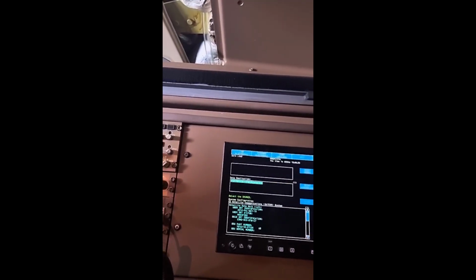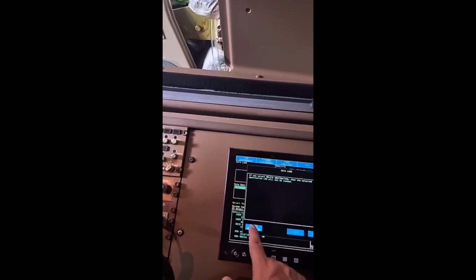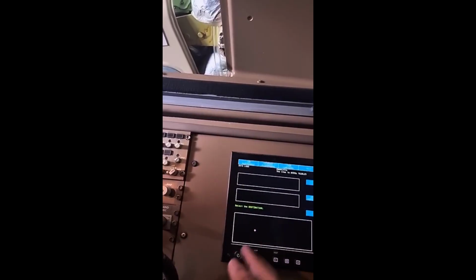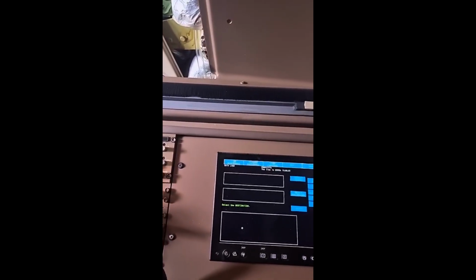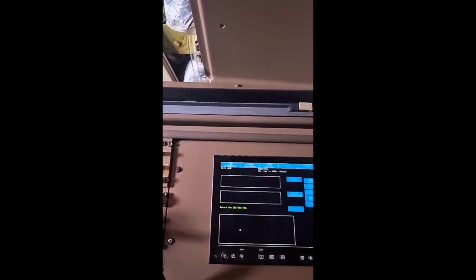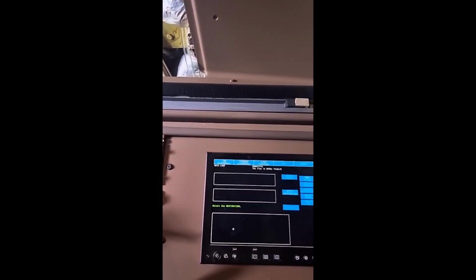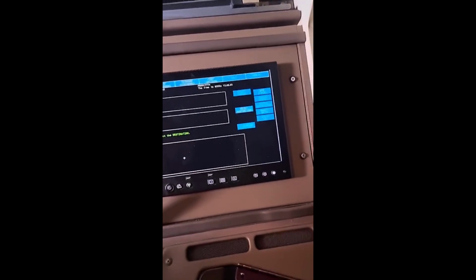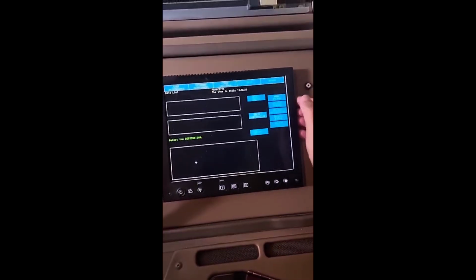You can delete the destination from here. Suppose you have selected a destination, you can choose delete destination, and the selected destination can be deleted. You can also select the batch. Batch means a lot of software which comes in a single batch, so that can be selected as a batch.